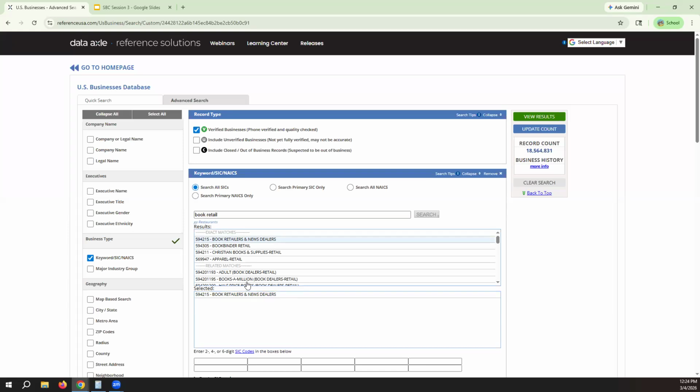You can see here, if I like certain things, I'm like, oh, this is kind of neat. Bookbinder retail, apparel retail. And I think, you know what? I'm starting to get a little outside my zone here. I can actually click what I've selected and take it off. So it's very flexible in the sense of I can do some keyword searches and click to add them and then click to take them off.